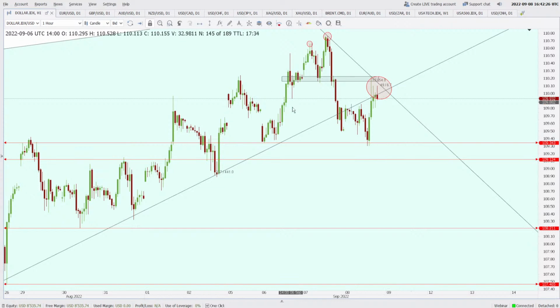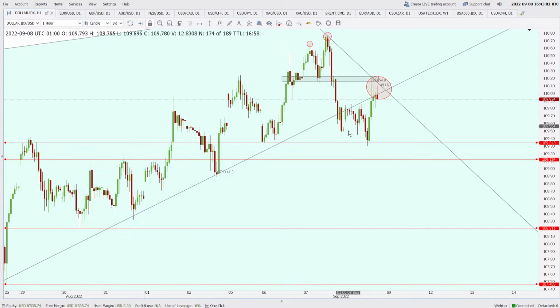Although the structure is still intact for an uptrend, there has been a breach today. The price has moved lower than 109.34. Of course, it did not close, but it did breach. So it is not valid till now, but it has breached. That means there are bears who are getting stronger than the bulls that were sitting here. So we have to be careful now. The dollar has given 4 green candles, but it is not a very good idea to buy the dollar at current prices.